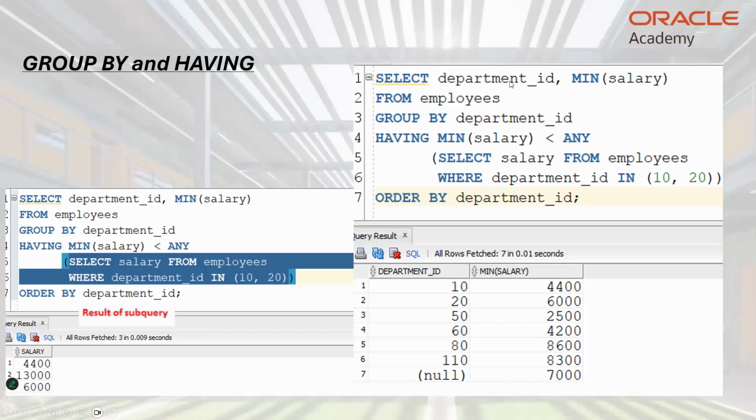And then we want to select the department ID, minimum salary from employees group by department ID, having a minimum salary less than any of these. So you see that these are all less than 4,400, 13, and 6,000. But because we use any,